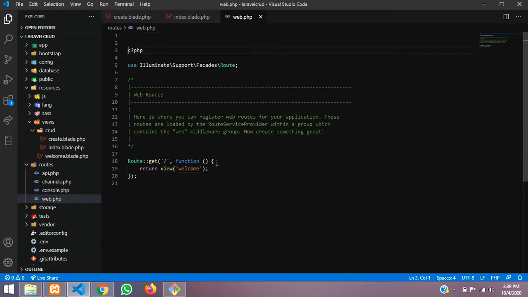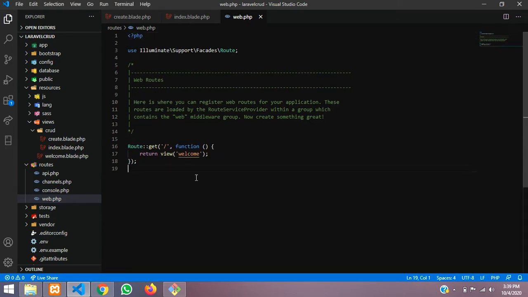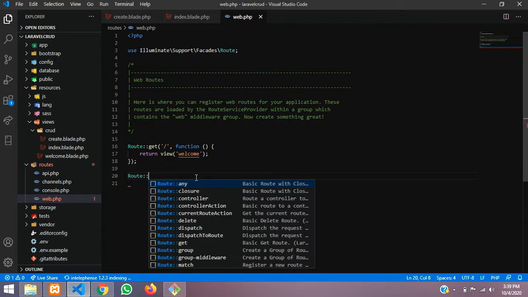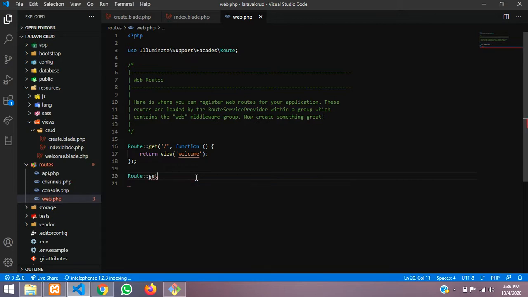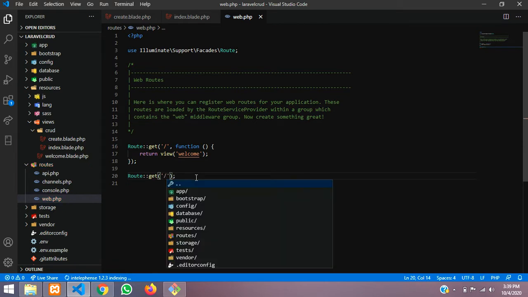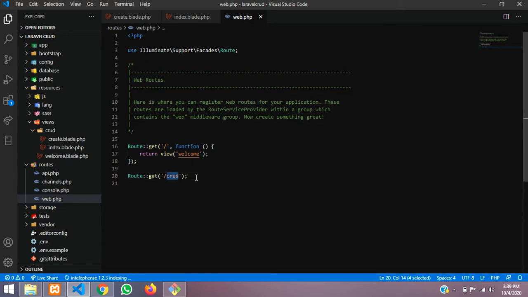For this we are going to create a route, Route::get, and let's call the page. We will call this crud, or else view. We'll call view itself.